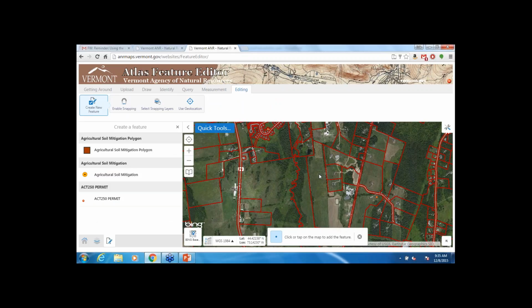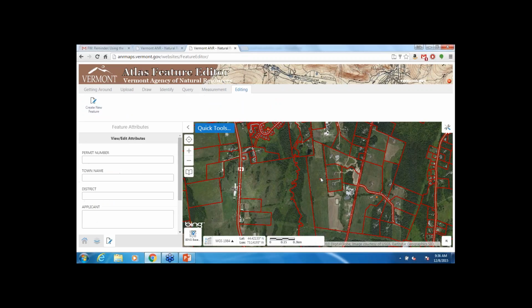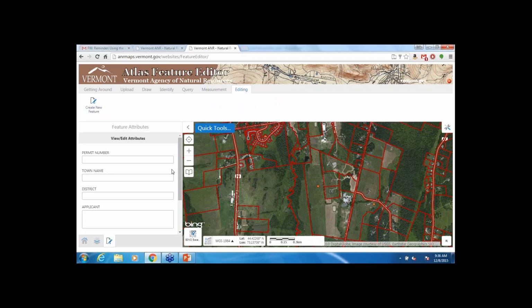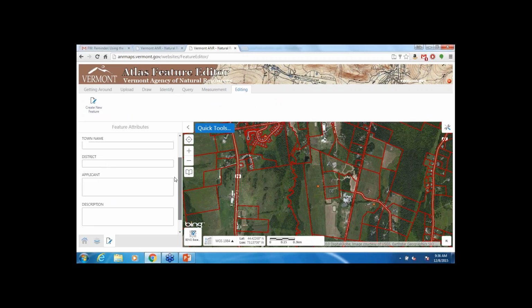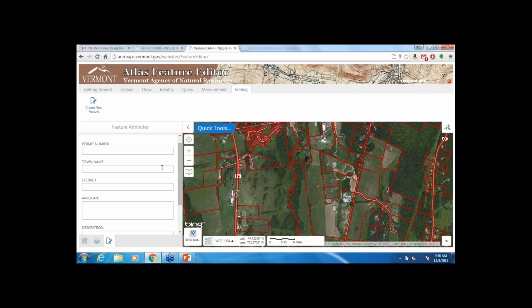It's as simple as clicking on the map, choosing my feature, and clicking on the map. It adds the point and asks for my attributes. In the case where we have drop-downs enabled, so in this case for Act 250, we might want to create a drop-down menu for the town name. A lot of features that we have set up have drop-downs, and those will show up here, and I can just click the down arrow, and then it'll give me my list of